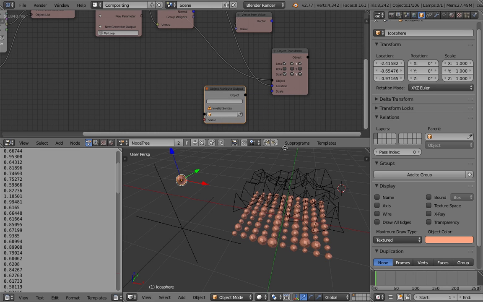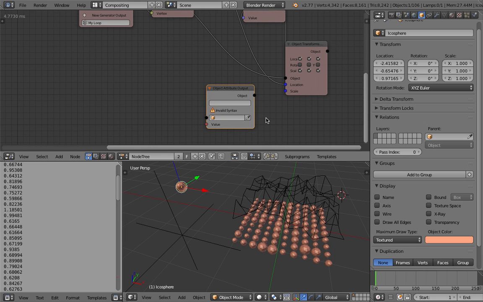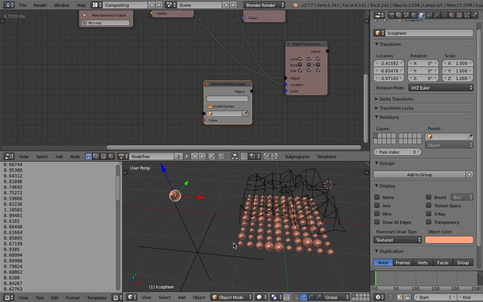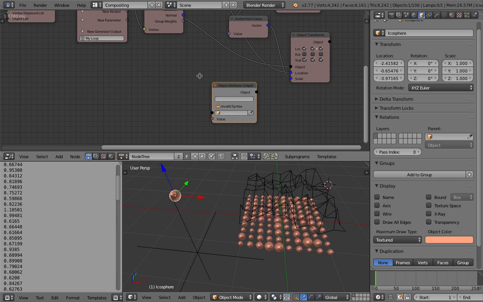Hopefully Animation Nodes will have an attribute transfer node. Maybe we can do that using the BVH and KD tree as well, but I don't know.